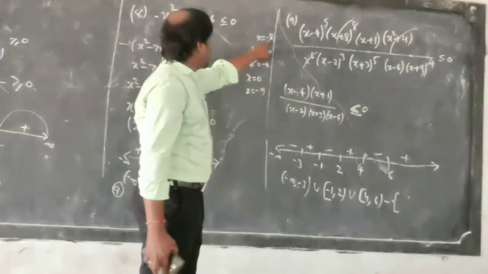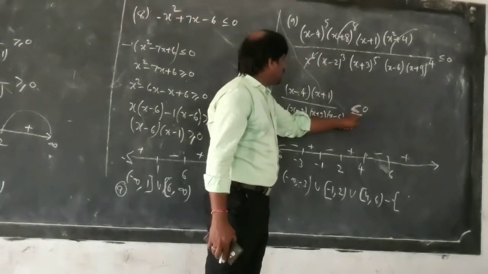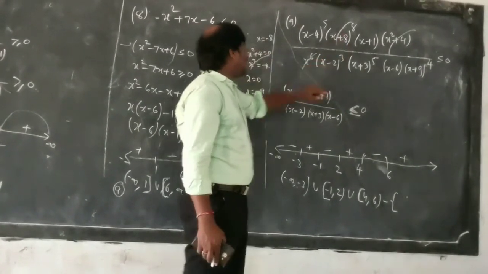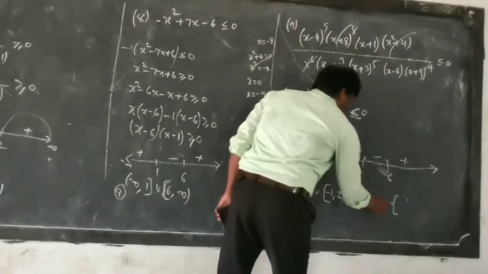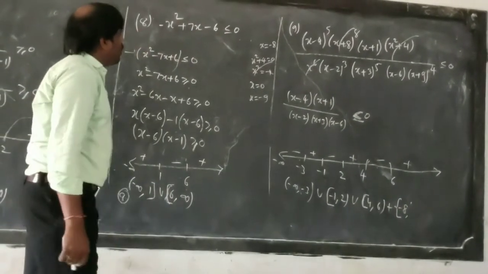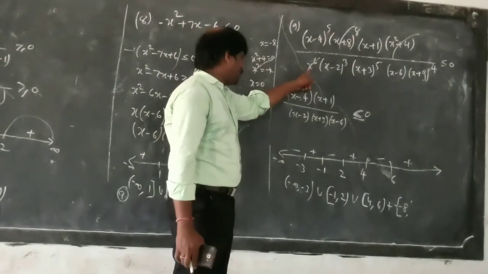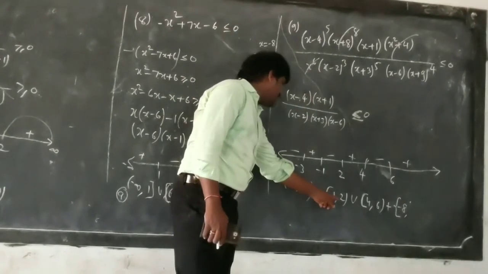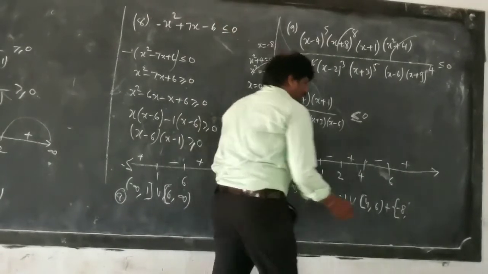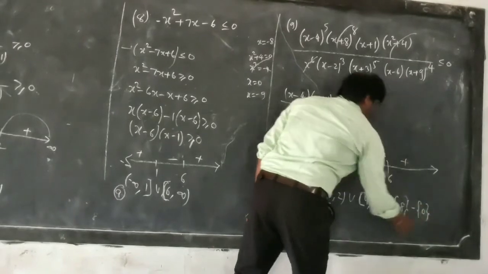Now here minus 8. See minus 8. Minus 8 is the answer. The equal to symbol is there, so minus 8 plus 8 is 0. So minus 8 should be the answer. And here 0. 0 is in the denominator, so 0 should not be the answer here. So 0 should be excluded. Minus 8 should be included. 0 should be excluded.